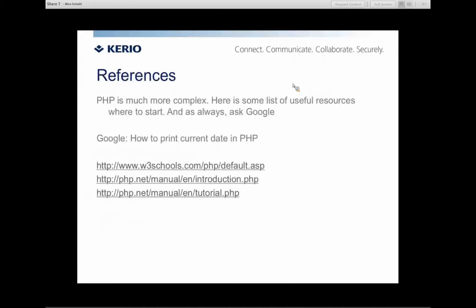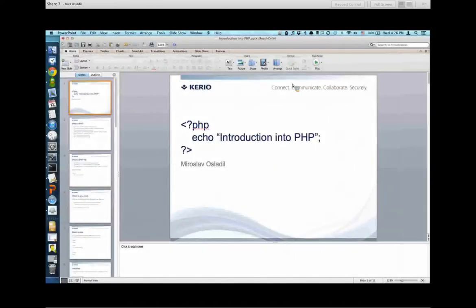Because PHP is too much and complex, I'm not going to say everything about PHP and all possible constructions and functions and whatever. So always use your Google to find any result and answer to your questions. And there are 3 basic links for learning PHP. And now